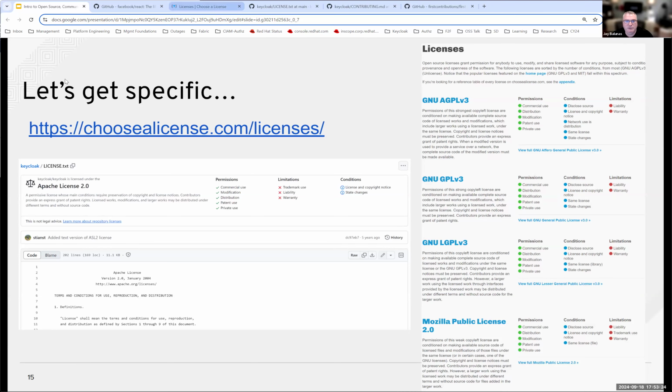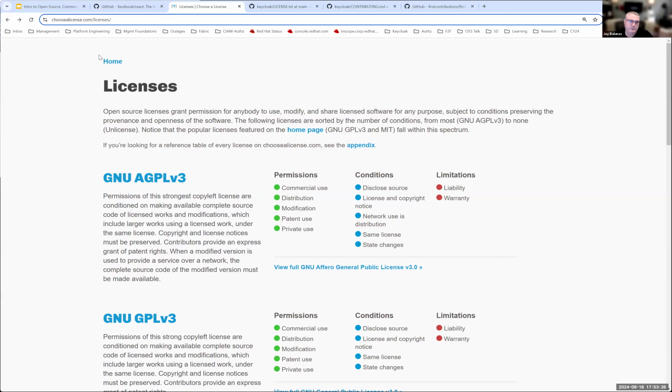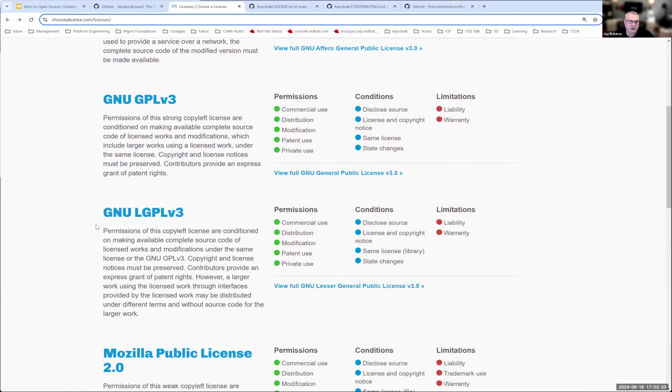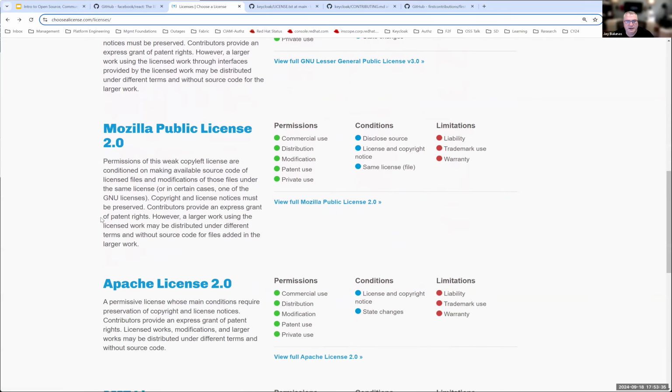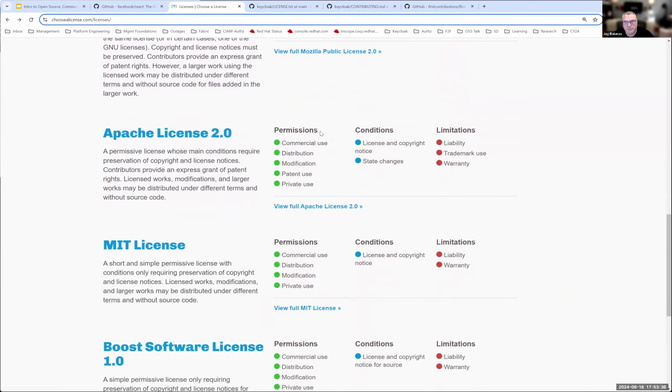There's literally a choosealicense.com page, which is actually from GitHub. But it goes through a lot of the popular licenses that are out there, and it talks about the permissions. So what does the license say? What does it do? You can distribute this material, right? You can modify this material. Then there are things like, what are some of the conditions around it, right? A copy of this license and the copyright notice must be included with the licensed material, right?